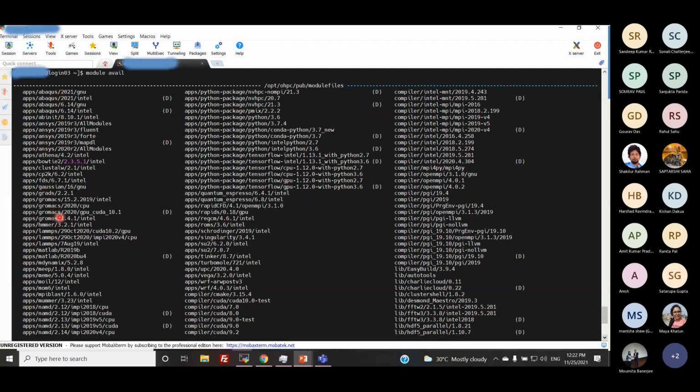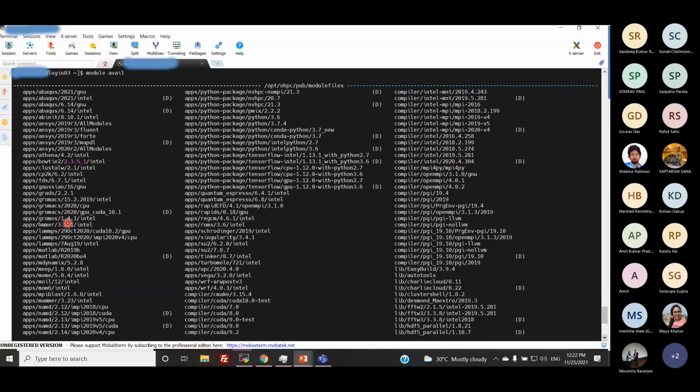If you need a specific environment for your packages, it may be already preloaded in a specific module. You can choose any module and load it, and you can run the specific software. It is already moduled in Param Shakti.